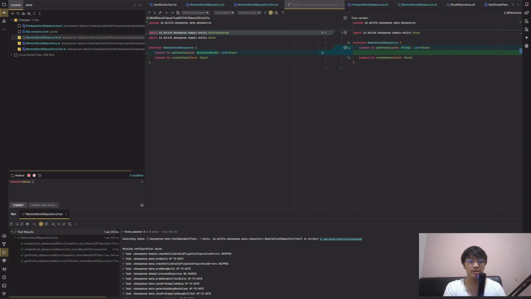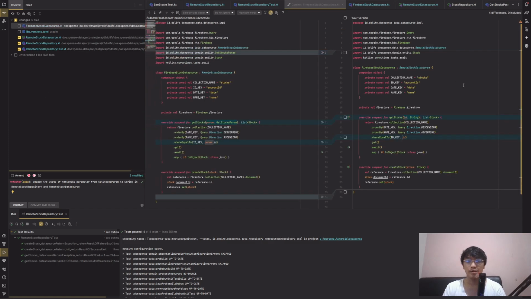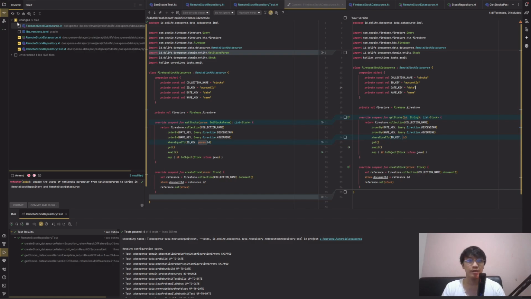Okay, update the usage of getStock parameter from getStock parameter to ID in remote stock repository and remote stock data source. Isn't it that right? Okay. I think we should also include this.